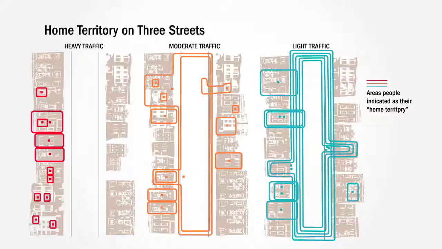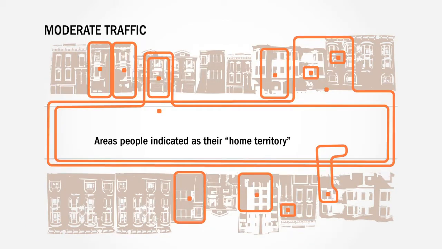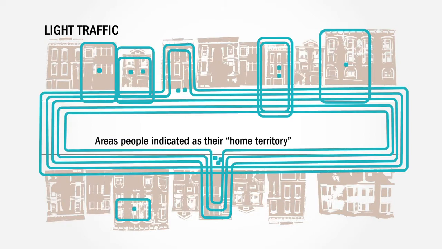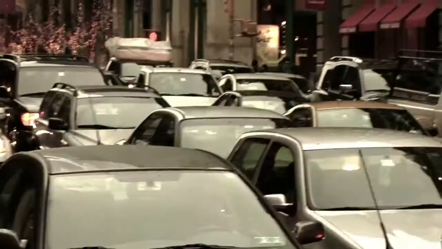Also, his graphics showing the extent of one's home territory were incredibly important in helping people understand that the nuisance of traffic, the threat to our safety, the noise, the pollution, that really had a diminishing effect on what we felt was part of our neighborhood or our home territory.